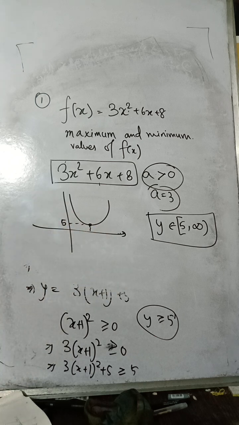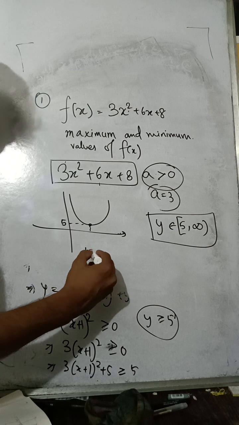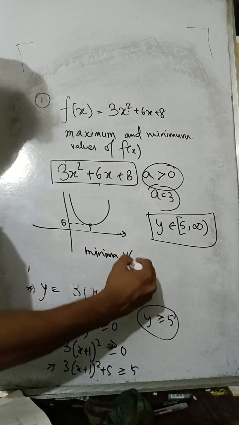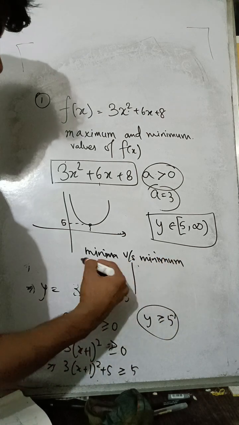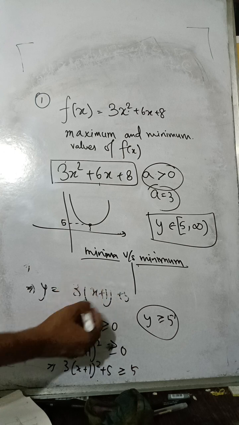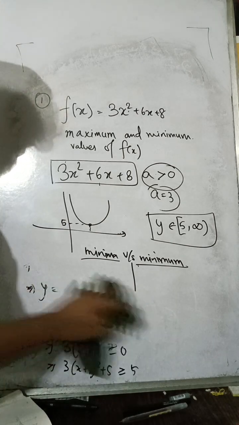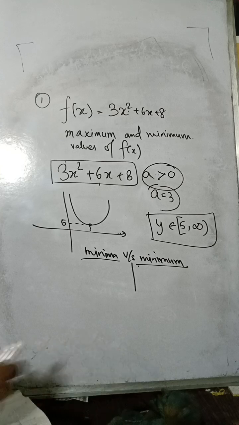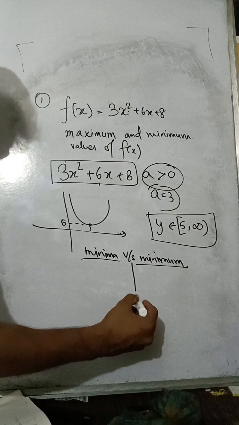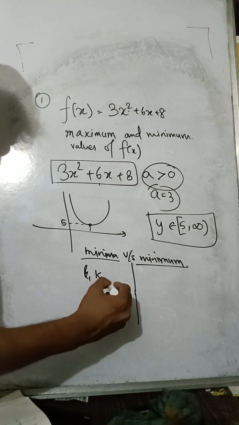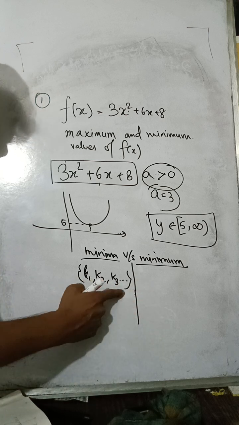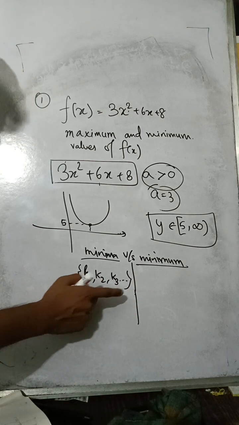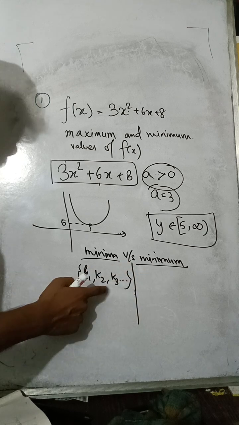So what is the difference between minima and minimum? Okay, minima versus minimum. What is the difference? Look, minima means you have many, suppose you have many kings of various kingdoms. Suppose you have king 1, you have king 2, then you have king 3, and all these kings. You can have many kings, but out of all these kings, the minimum is basically the king which is the least